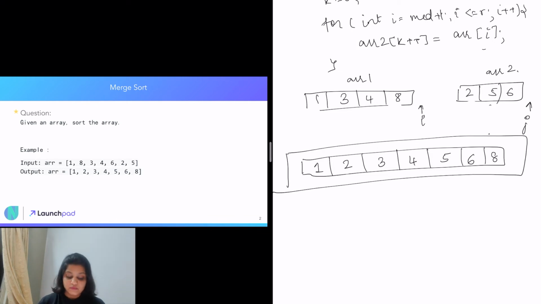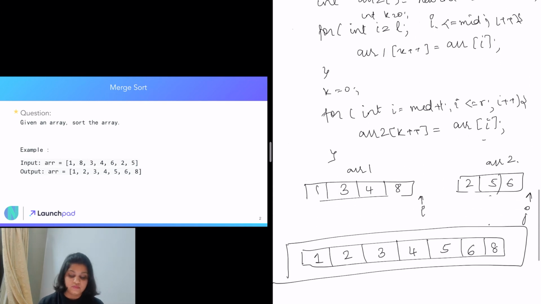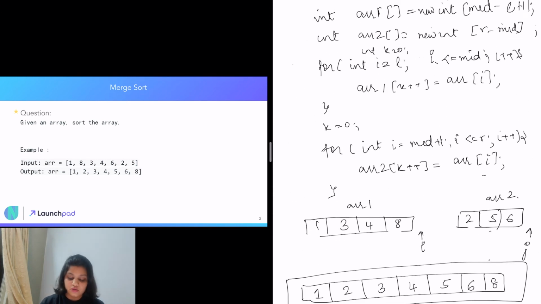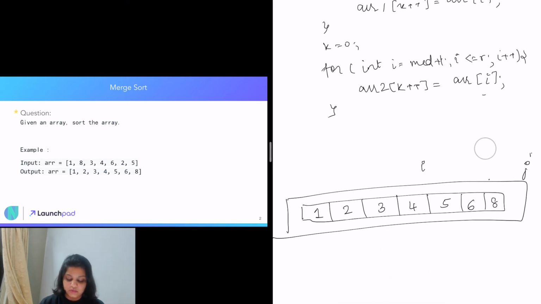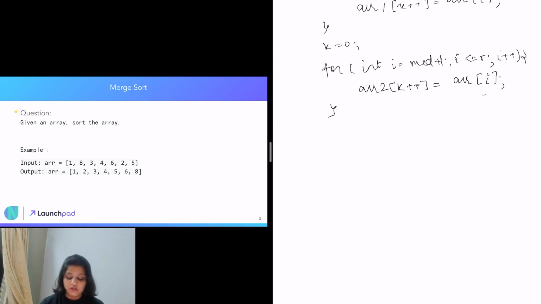Okay, so as we mentioned, we have created our array 1 and array 2, and now let me remove this and continue with the algorithm logic. We are not going to create a new array, rather we are going to update our current given array only. The input array that is given, we are just going to update that only, and we know from which position to which position we have to update.